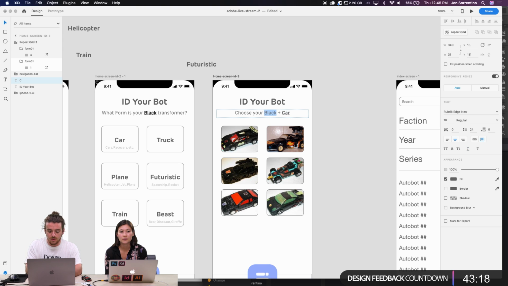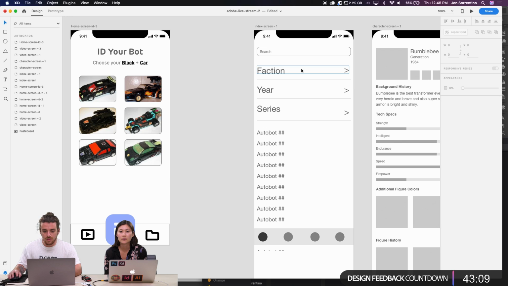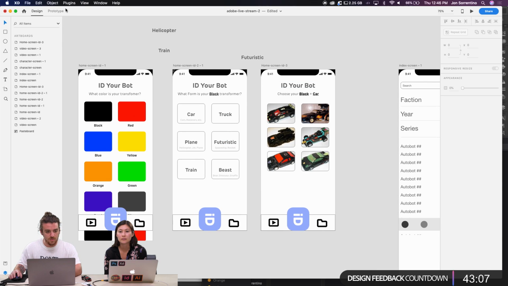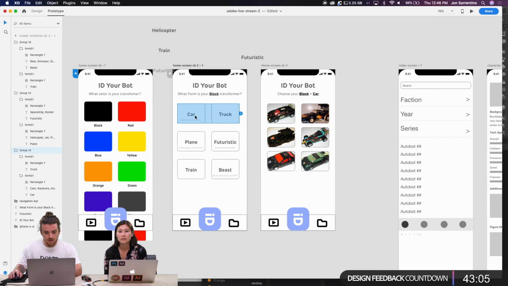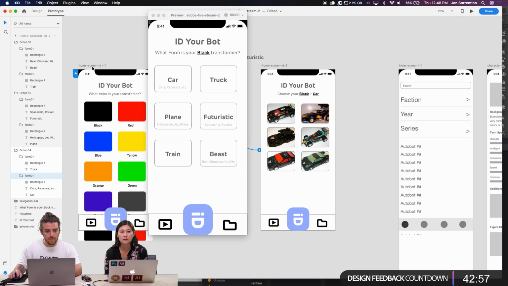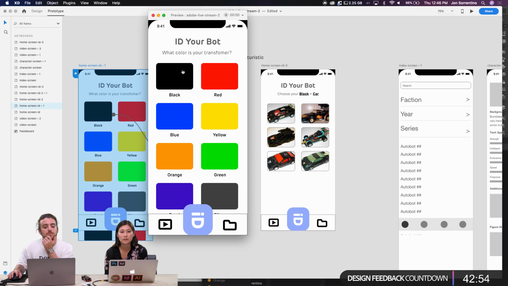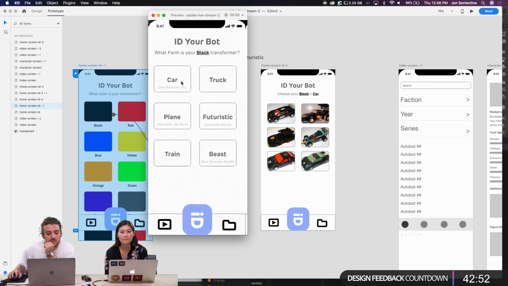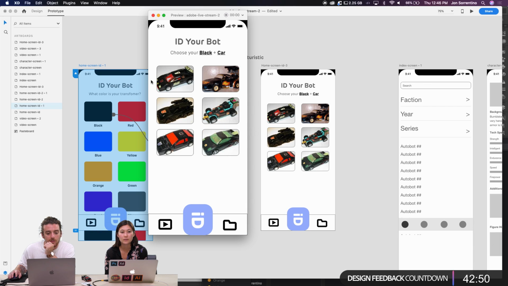Then we can go back into prototyping, and I want to click this, and we're going to do slide left, ease in, and let's see where we're at. So you can click black, we have our car, and then it brings you to the transformer selection.